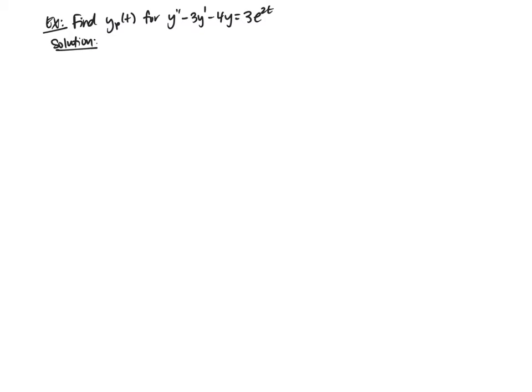Okay, so since the characteristic equation r squared minus 3r minus 4 equals 0 has roots r equals 4 and negative 1,